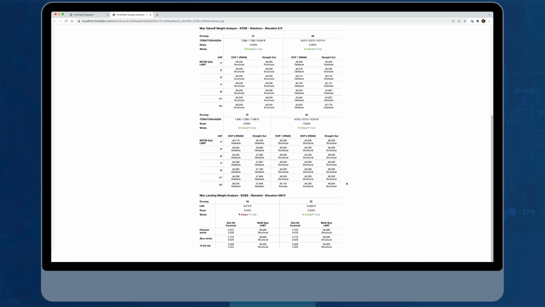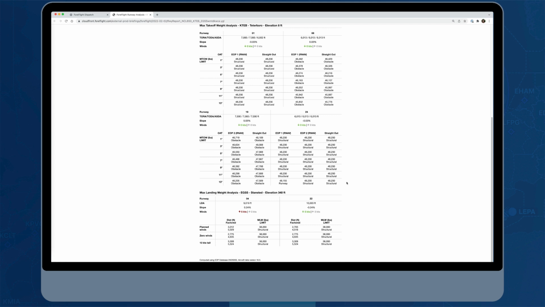So using 01 as an example here, we can see that basically we have no limits at all. If it's 10 degrees out, we can take our maximum takeoff weight due to the structure and depart Teterboro and be in compliance with that EOP that we've selected. And in addition, just like at the top of the page where we had takeoff parameters, we have our landing